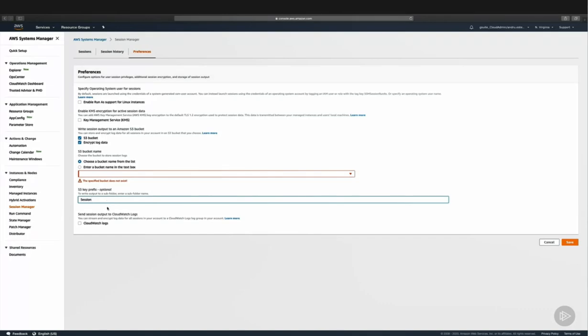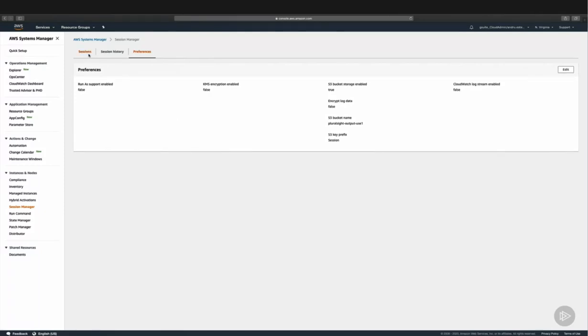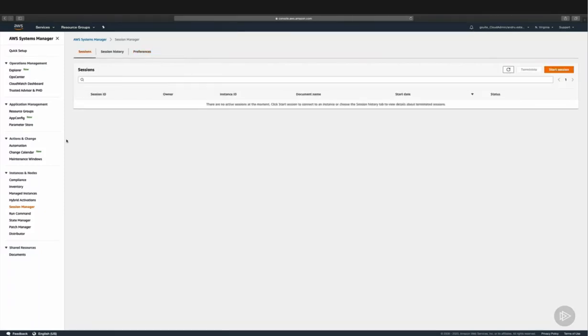Now the last tidbit here I want to touch on is the CloudWatch logs, and this allows us to push log data to CloudWatch in order to collect logs as if they were normal application logs, which makes sense because it's a connection like SSH, and we can log that data and either set metric filters on them or just export them for auditing and collection later on. So let me go ahead and cancel, and that'll wrap it up for Session Manager, and let's move on to